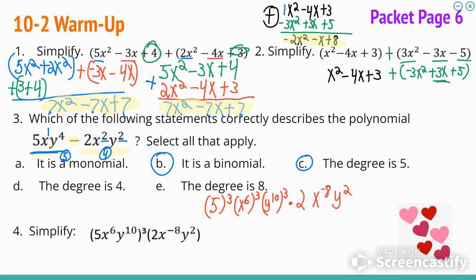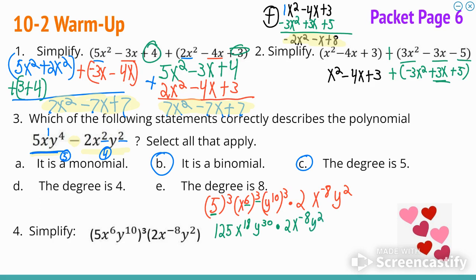Let's raise our powers. Now, this is not a power to a power. This is a coefficient. So this is 5 to the third, which is 125. Now, this is a power to a power. So we don't do 6 to the third. Since these are both powers, we multiply them and keep the base, x to the 18th. Same thing with y to the 10 to the third. So that would be y to the 30th times 2x to the negative 8